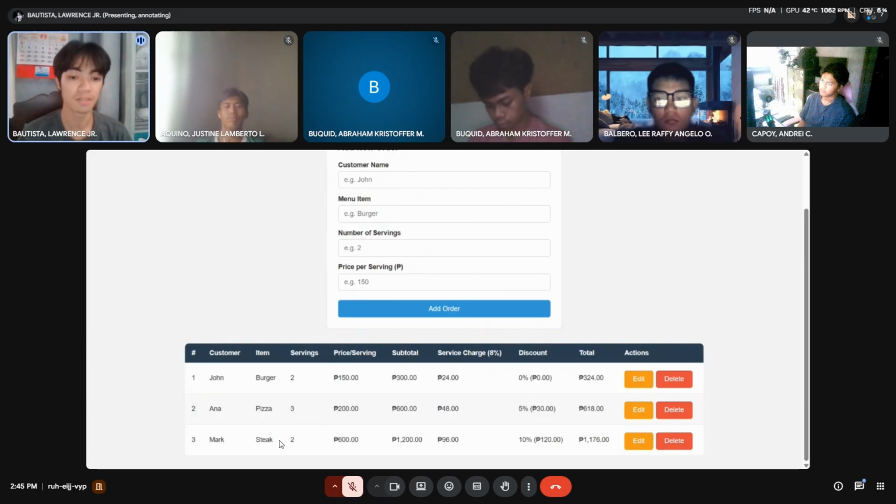And for price per serving for steak, we have 600. And the subtotal would be 1,200 pesos. Then for service charge, 8% of 1,200, which is 96 pesos. Then for our discount, since our subtotal passes 1,000 pesos, we have now a 10% discount, which is 120 pesos. So for our total, we have 1,176 pesos, subtotal plus service charge minus the discount. And that will be the total.